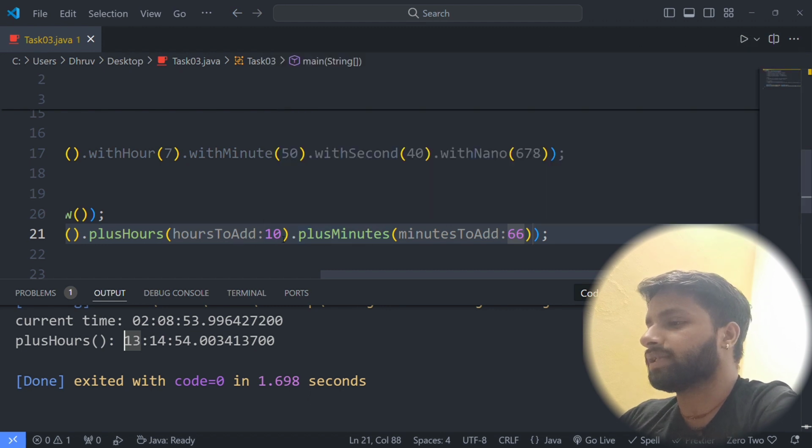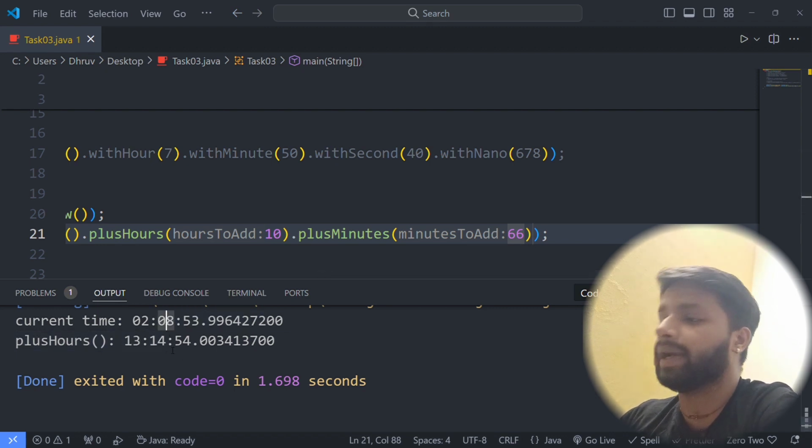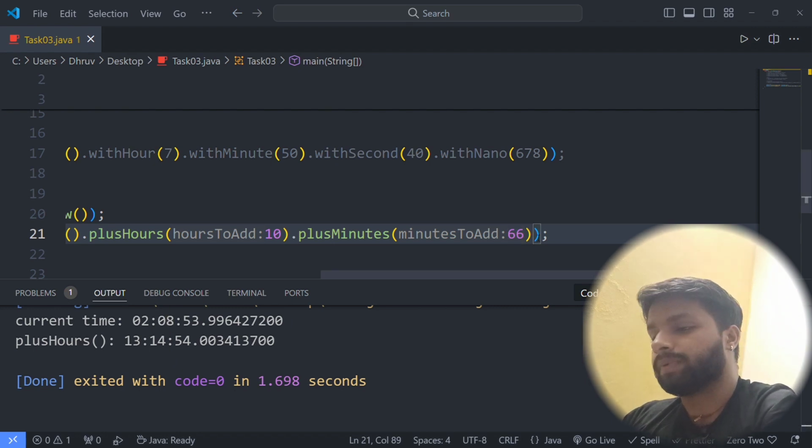So there is 10 hour, and this is 1 hour. So totally 11 hour. So 2 plus 11, which is 13, and the remaining minutes are added in this. The remaining minute will be 6, so 6 will be added here, which is 14. Okay, so this is how this works.